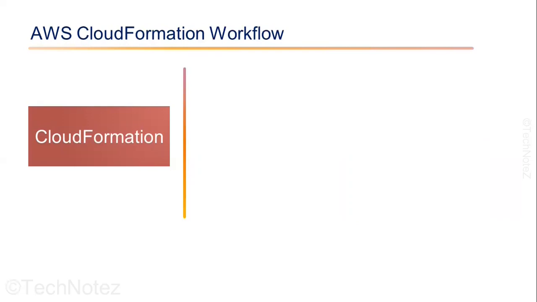The CloudFormation workflow consists of the following core steps. Creating a CloudFormation template. First, you need to define the resources that you want to create on AWS in a template file. Create a JSON or YAML file that describes the AWS resources you want to create, modify, or delete. You can either write the templates from scratch or use an existing template as a starting point.